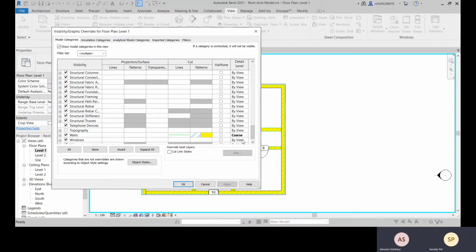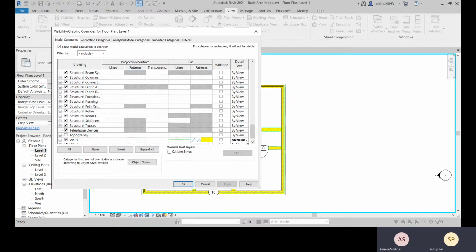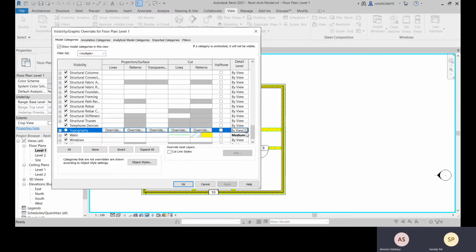Okay, yeah, so all right, so actually you are overwriting this detail level. Okay, not for this view, you are overwriting the detail level.